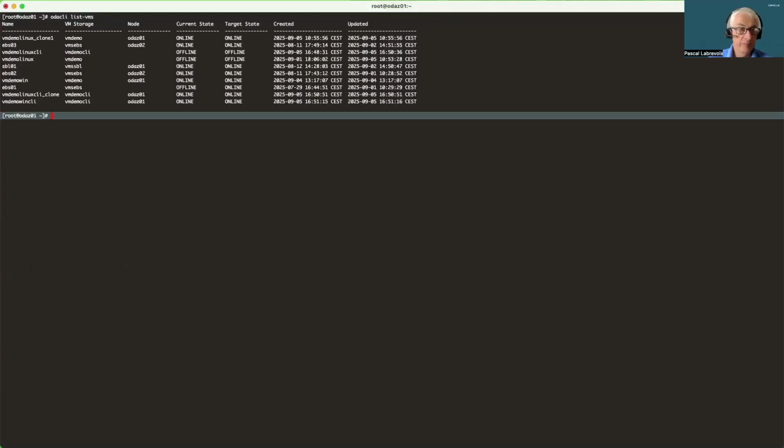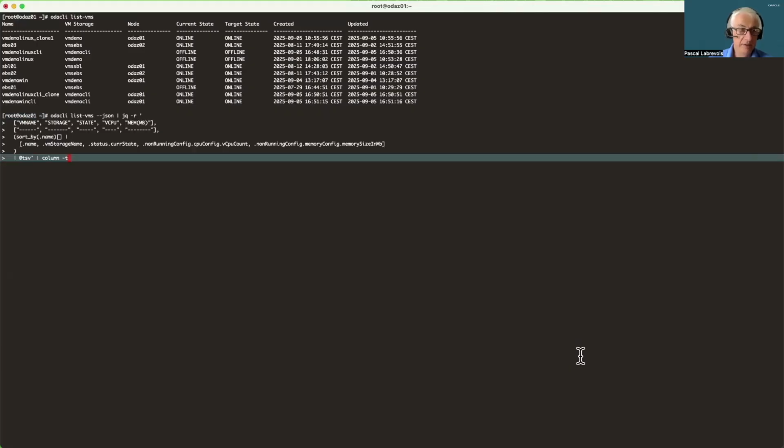At the end, you should have 3 VMs running: the VMDemoLinuxCLI, the VMDemoLinuxCLI clone, and the VMDemoWinCLI. I prefer to have all my VMs sorted by name.